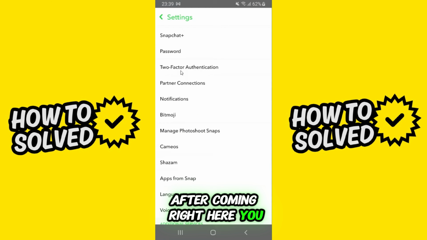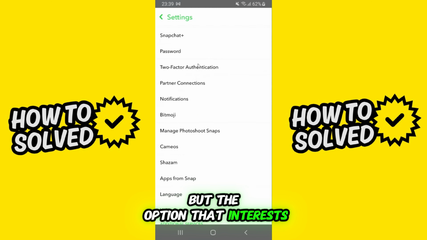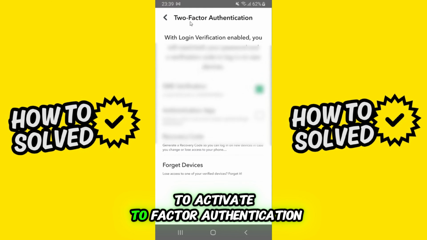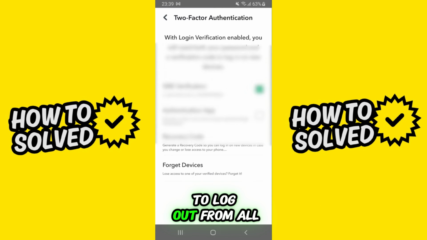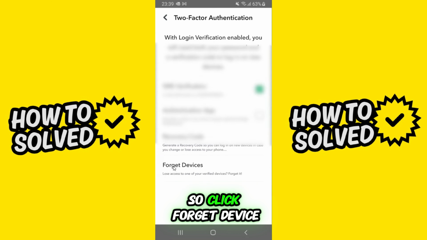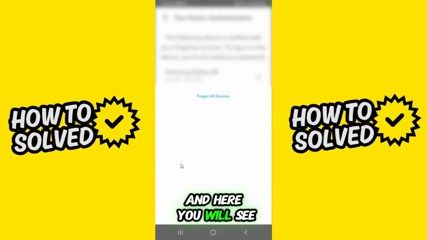After coming right here, you will see several options, but the option that interests us is this one, two-factor authentication. We need to click, and you need to activate two-factor authentication to log out from our device in Snapchat. Okay, here you will see your phone, but the option that interests us is the last option, forget device, below recovery code. So click forget device, and here you will see all devices that are logged in on your Snapchat